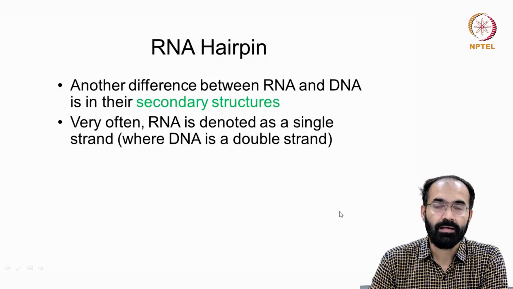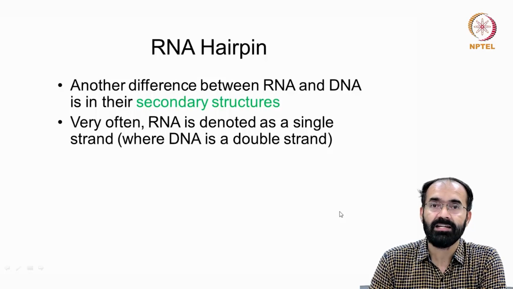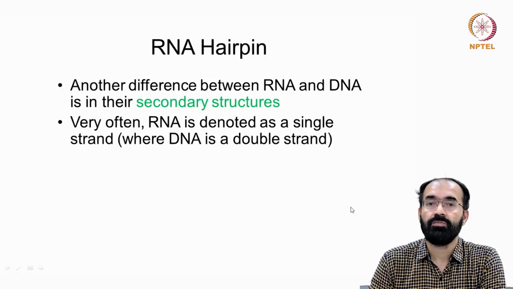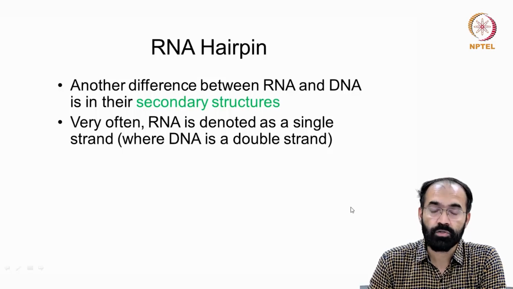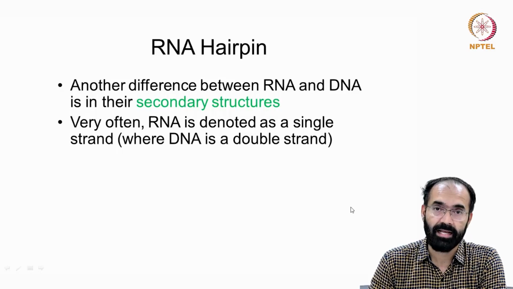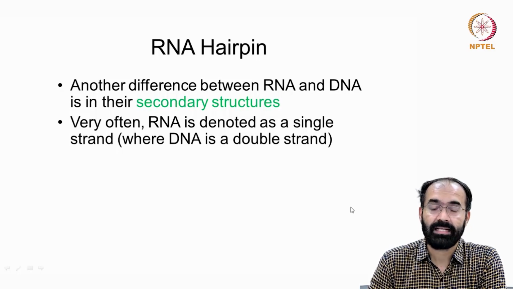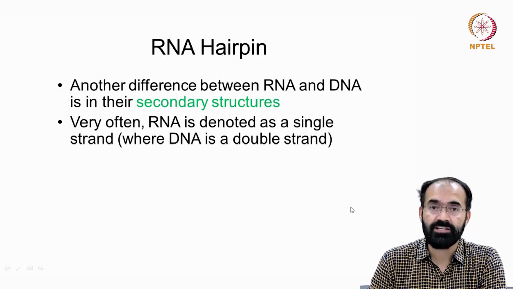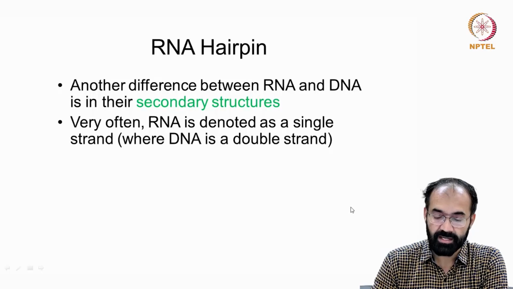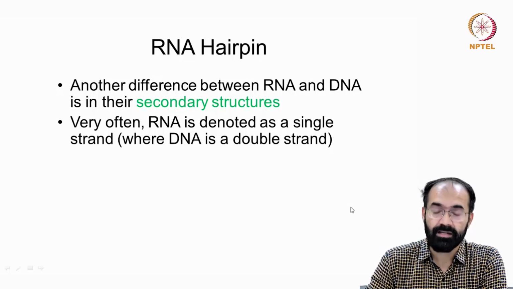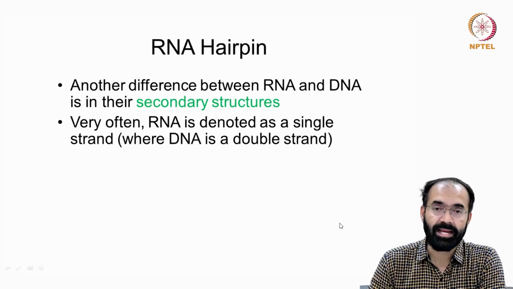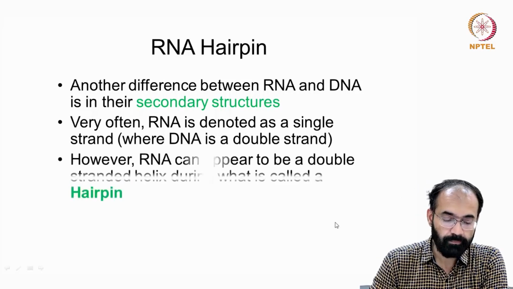Ideally it is a single strand, but does it stay like a single strand? The answer is no. It allows a lot of variation, and it can undergo pairing similar to what you see in DNA. That means in some places it can even form helical conformations, and it can form secondary, tertiary and even quaternary conformations, which makes it a proper three-dimensional structure, a necessity for carrying out biological reactions.